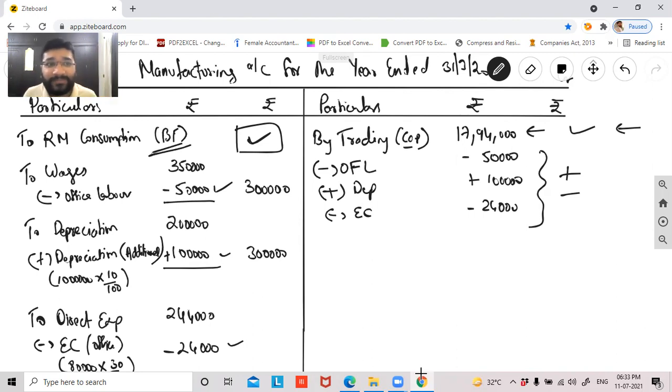Guys, are you able to follow? What are we doing? Until previous questions, we never calculated the cost of production on the credit side. The cost of production was a result of adding something on debit and minusing something on credit. But here, I don't have that privilege because I have to find out raw material consumption. How will I find raw material consumption? You getting my point? So for that purpose, whatever the changes reflected on the debit side, I have to reflect the same changes in the COP. Yes, are you able to follow?